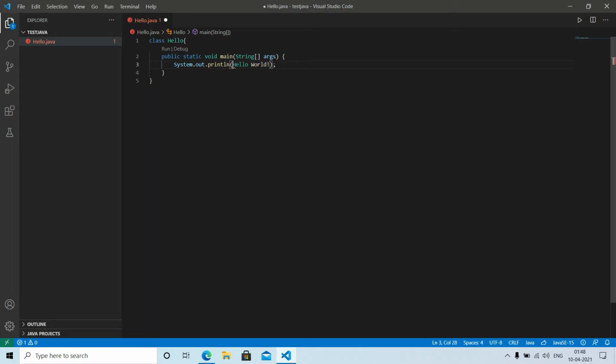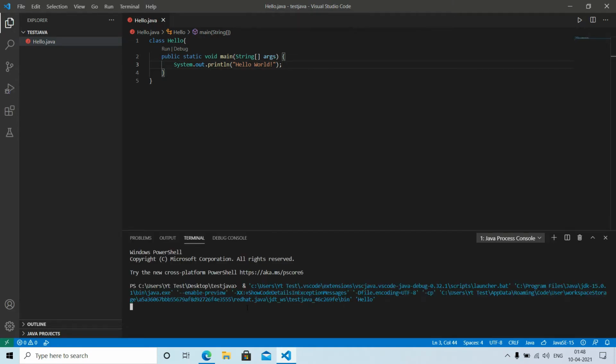You have to be super careful in Java. Okay, perfect. Let's run it using the Code Runner. Run Java. And you can see hello world printed on the console.